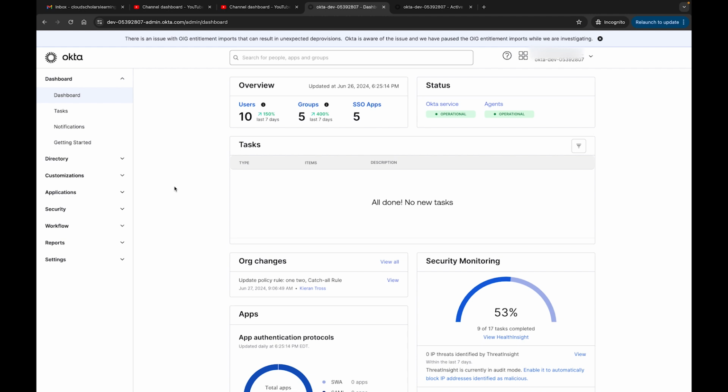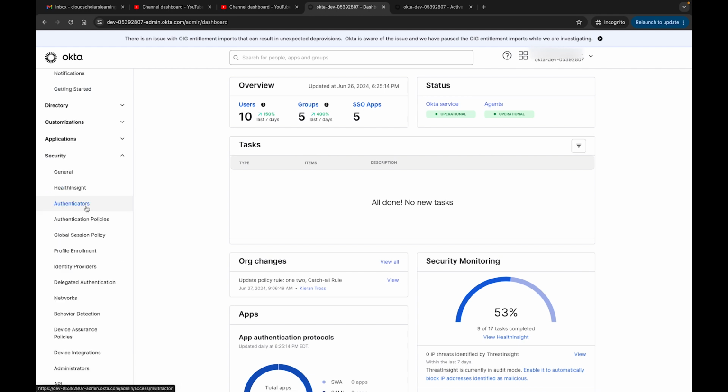So, if you will, please log into your Okta portal. In this video, we're going to talk a bit about authenticators, right? So, if you come over here to security and you click on authenticators,